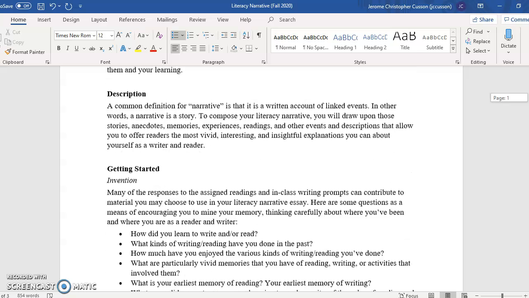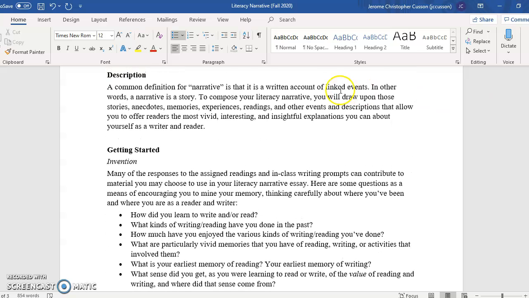So next we're going to go to the description. A common definition for narrative is that it is a written account of linked events. In other words, a narrative is a story. To compose your literacy narrative, you will draw upon those stories, anecdotes, memories, experiences, readings, and other events and descriptions that allow you to offer readers the most vivid, interesting, and insightful explanations you can about yourself as a writer